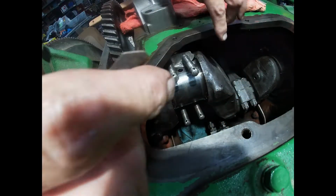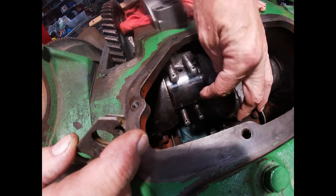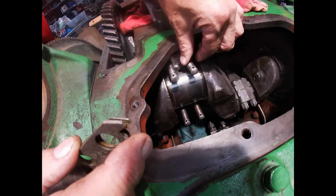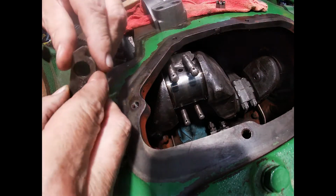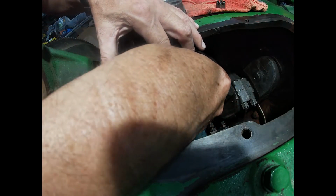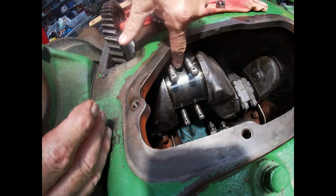we got these shims, which I've pre-measured all this out, and I plastic gauged the distance between this cap and the rod to get a clearance of 2/1000 to 3/1000 to make sure that oil stays in there. And I've already wiped this all down with STP oil treatment, so it'll at least hang there for a little while after initial startup, so that we can make sure this has lubrication before the oil pump can pump